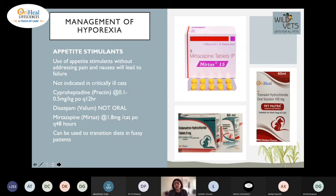If you use just an appetite stimulant, hyporexia is a symptom, it is not a disease. If you don't correct the underlying disease, you can use something short-term to help. For example, in a CKD cat, you've stabilized the cat, but the appetite is poor. Yes, it helps to use appetite stimulants. It is not indicated in critically ill cats. So when you have a critically ill cat with anorexia, you want to opt for a feeding tube, not appetite